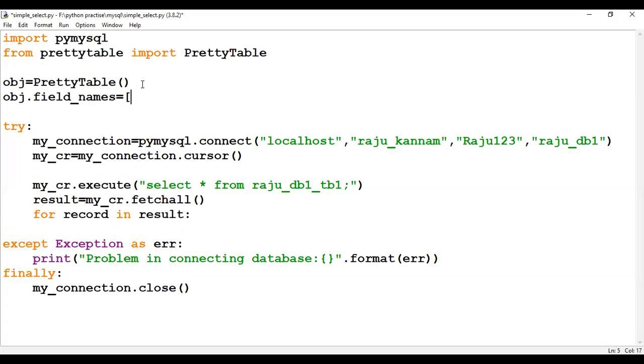First one is id, second one is name, third one is mobile number, and fourth one is DOB. Okay, so the names are like this.